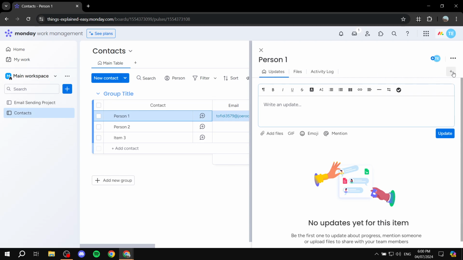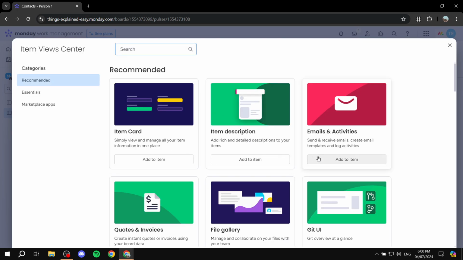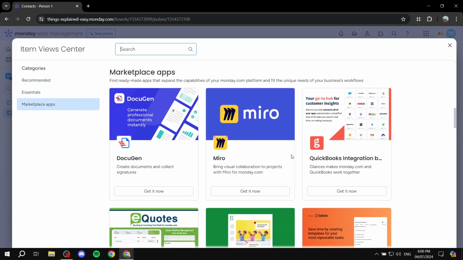We want to click on the plus icon on the right side, which is add view. So we need to add a view. Click on that, and we will need to go ahead and go to the actual item views center, so we can just go ahead and add more views to this panel. So click on go to item views center, and here you will have plenty of things that you can actually